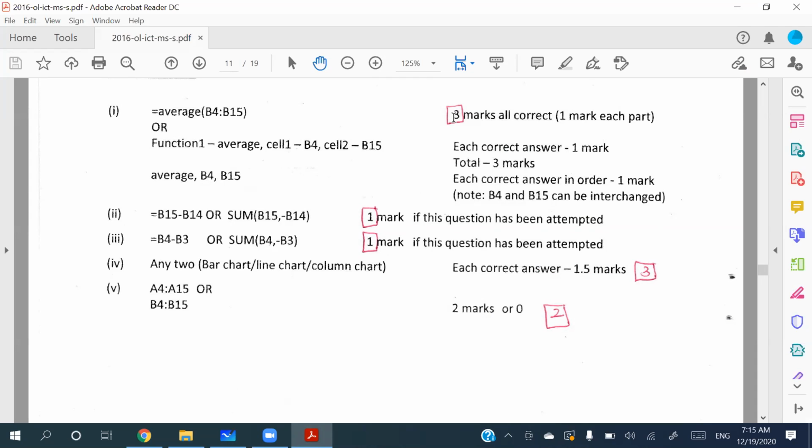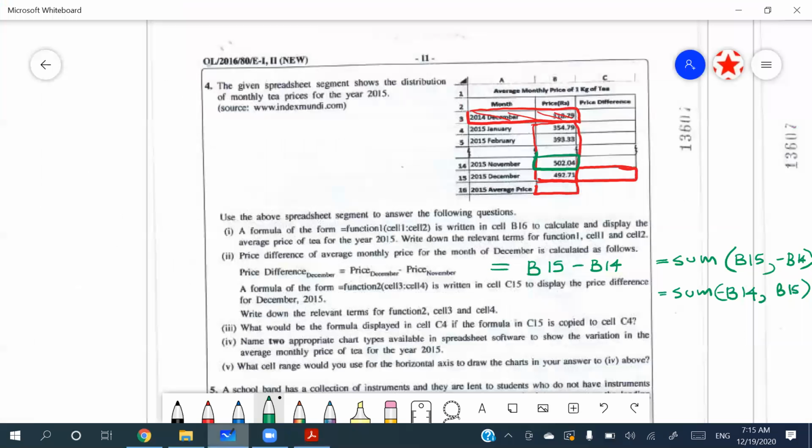Right? Then they're asking about copying that particular formula to another cell. So they ask what would be the formula displayed in cell C4 if the formula in C15 is copied to cell C4. So the one which is here is going to be copied to this particular place, right? So it's easy now. Here they have what? Equal sum B15 comma minus